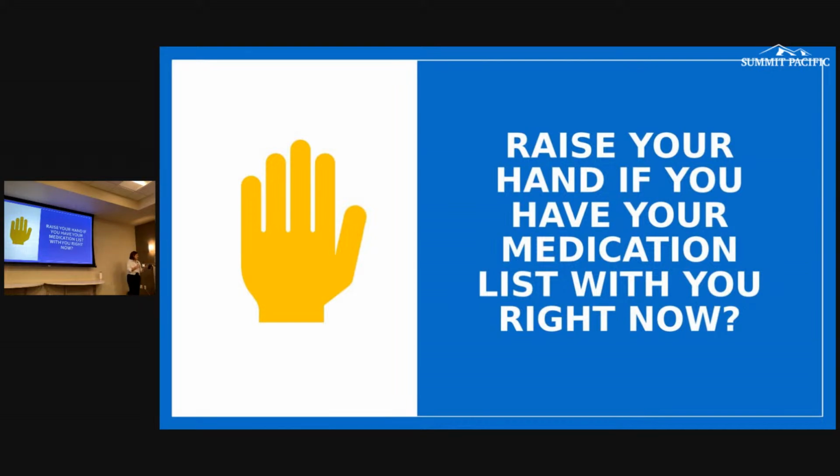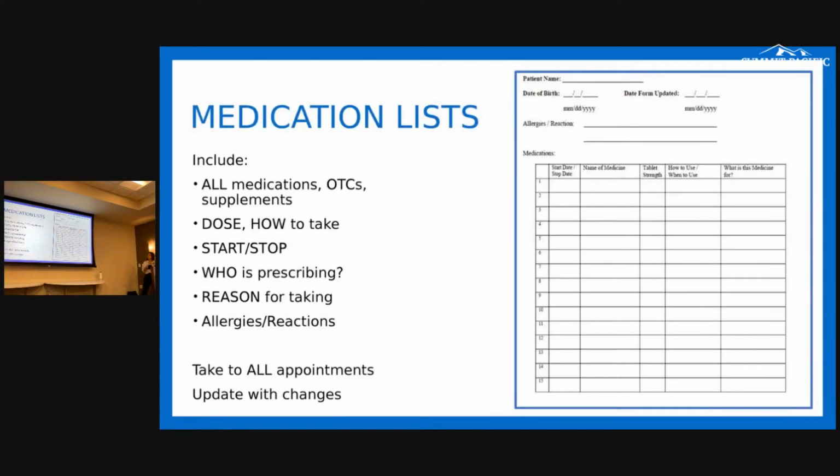So I help people make their own med lists, but there are lots of different features online or ways to make a med list, and I don't really care how you organize it, whatever makes sense, but I do think there needs to be some things that you're tracking on that list. So first,